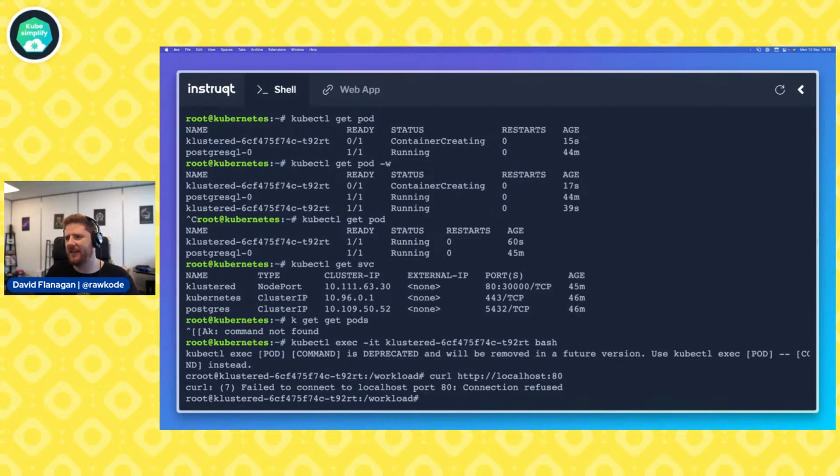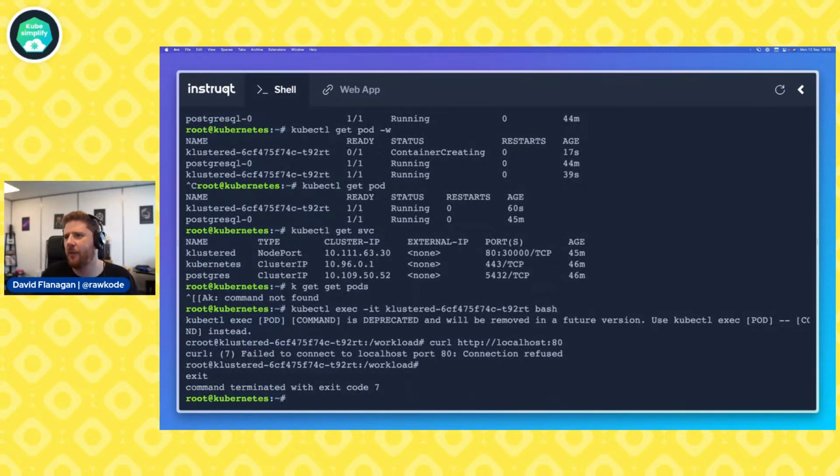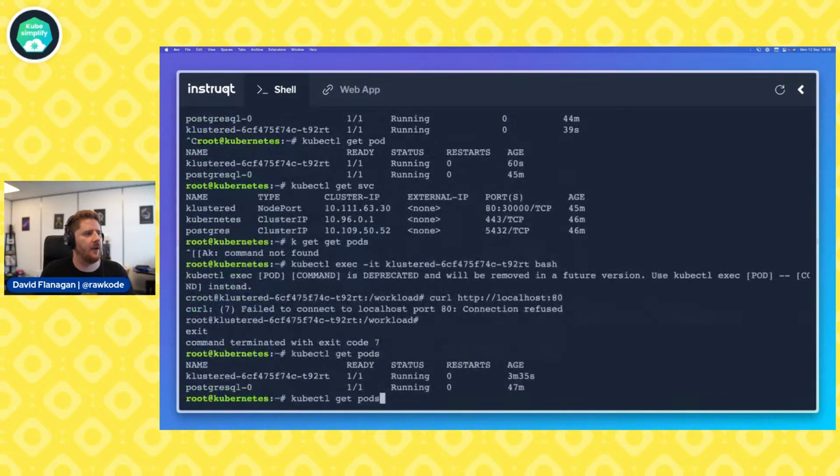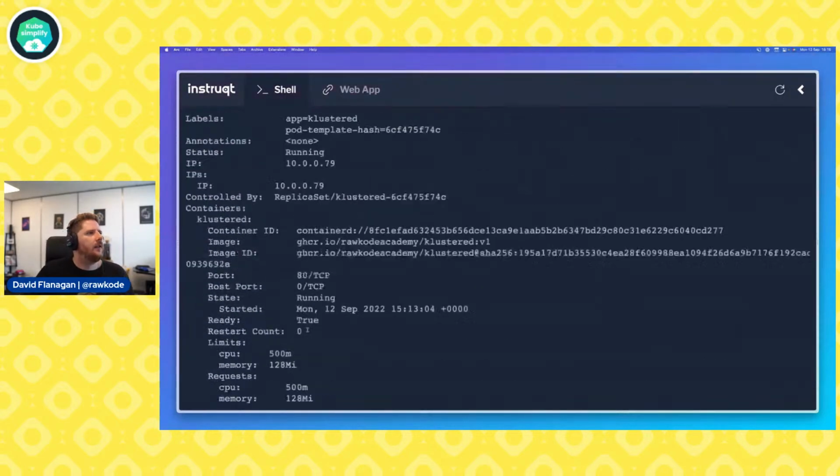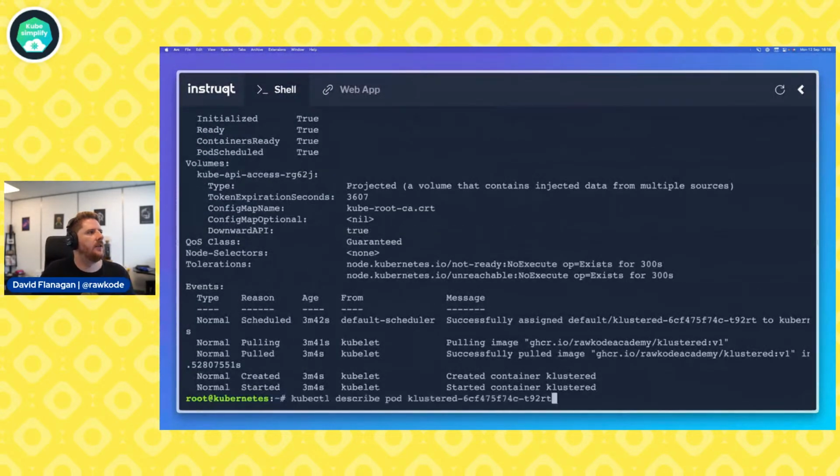Wow, consensus is in. Right. So, Kumar said probes. Just to take a look at what Kumar means by probes, let's describe our pod. In fact, maybe we'll get the pod YAML, although I don't know if I added any.